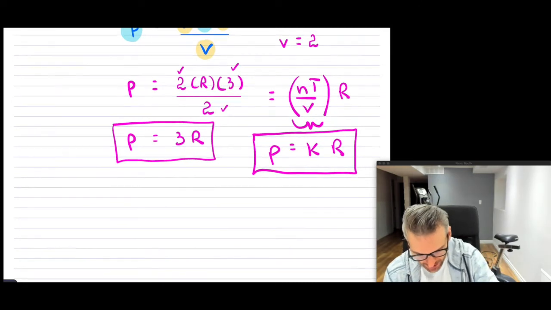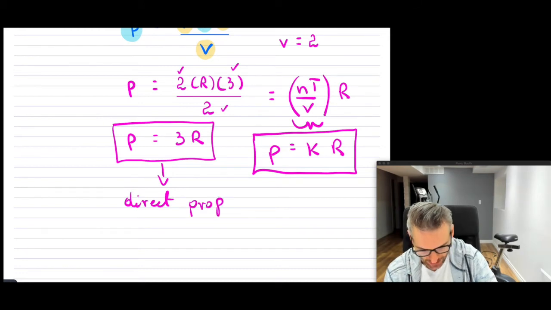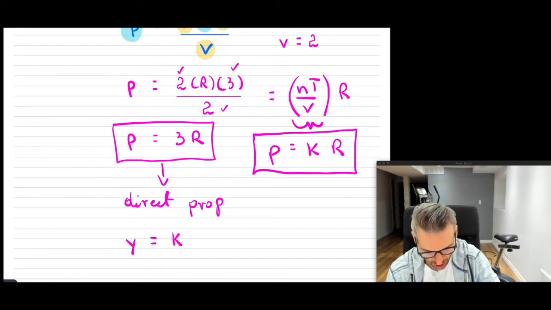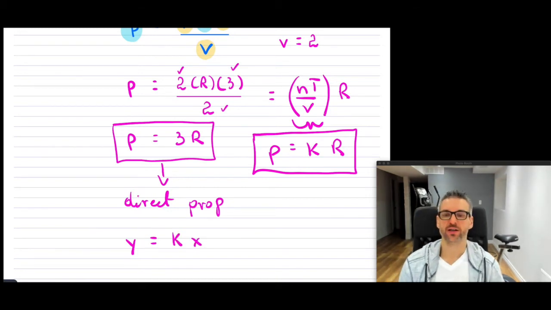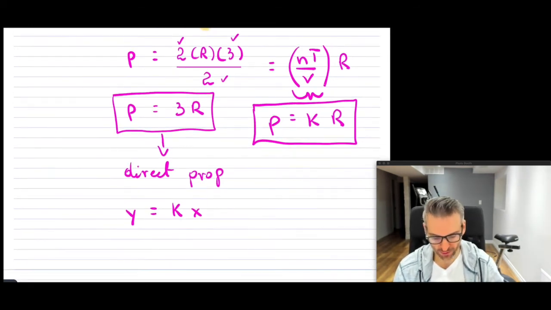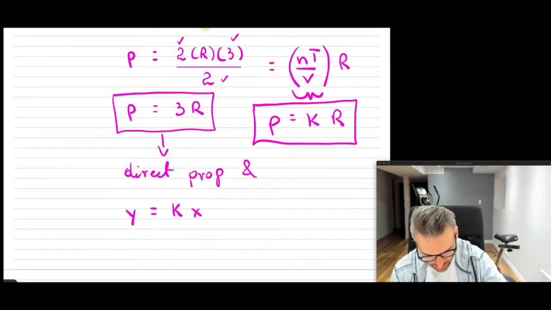Notice that this basically looks like a direct proportion. The p is kind of like your y, the 3 is kind of like your constant, and then the r is like your x. So it is a direct proportion, and we know that direct proportions are also linear,